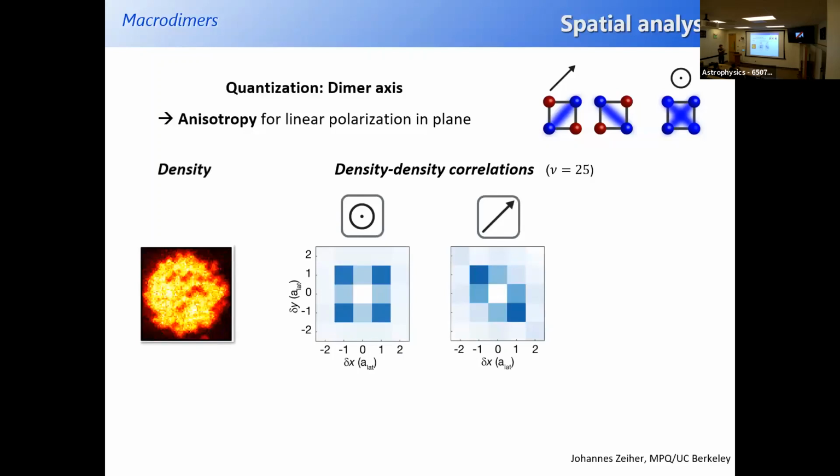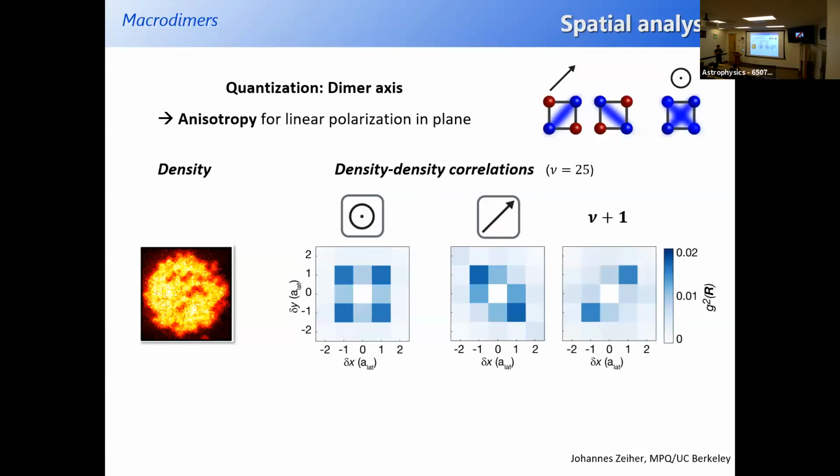And it turns out that if you have the quantization axis orthogonal to the plane of the atoms, you get this symmetric density-density correlation. So molecules are equally likely to form along one or the other diagonal. But if you put the polarization in the plane of the atoms, you see this strong anisotropy. But then one thing we got confused by is when we went from this mu equal 25 state to mu equal 26, because all of a sudden the orientation changed. And that's very weird, because we've just been talking about this quantization axis, which would be associated with the electronic coupling of the light.